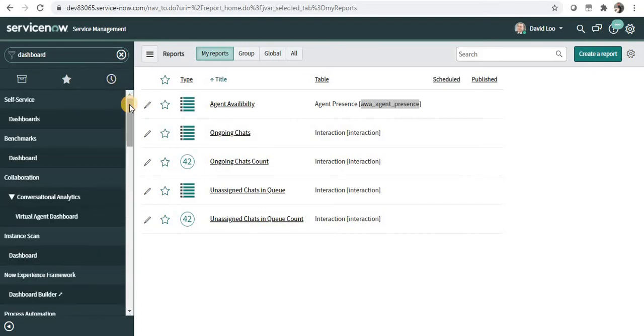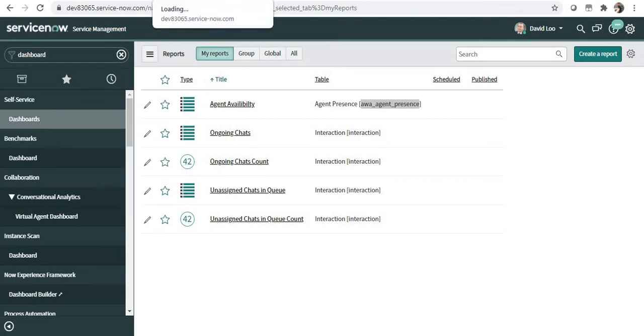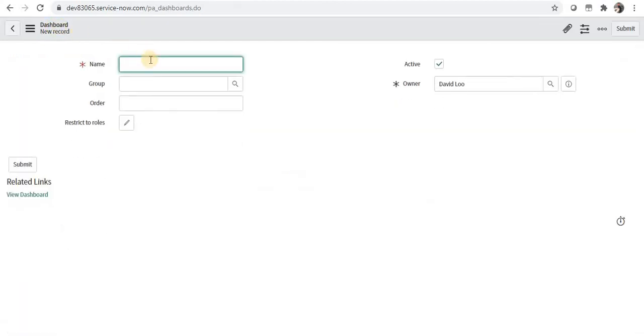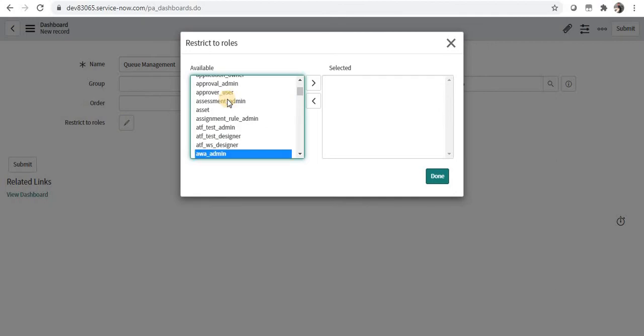If you haven't checked out my video on how to create dashboards, the link is in the top right corner. I'll click on dashboards under self-service and open it in a new tab. I'll add a new dashboard and call it queue management, and I'll restrict it to the role AWA underscore manager.